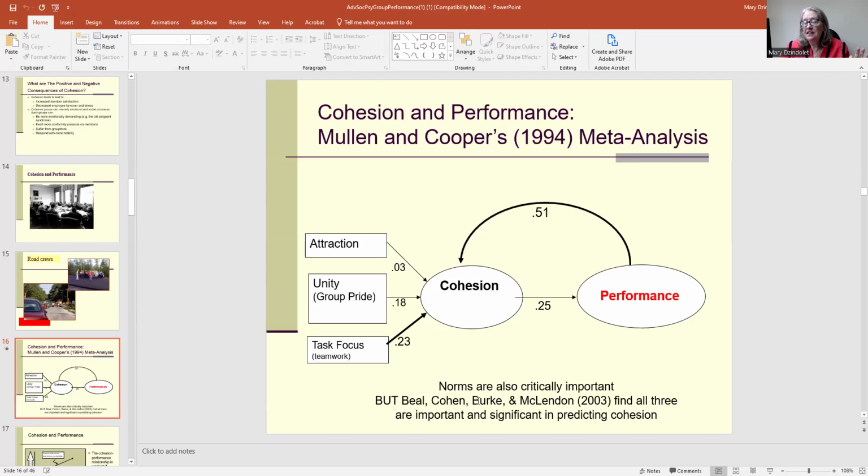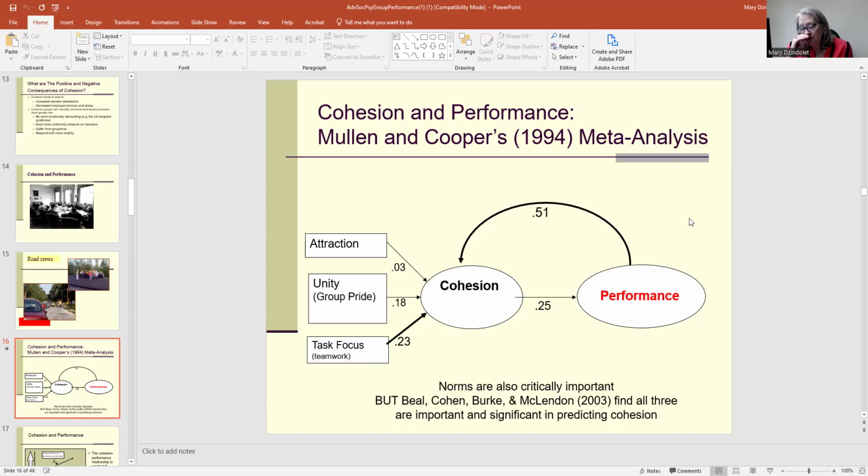There are other analyses, like Beal, Cohen, Burke, and McLennan, who found all three were significant and really important, and others since then. So attraction is the one that's the most iffy, but unity is super important, task focus or teamwork or task commitment, really important. But of all of these, the thing that increased cohesion the most was having the team perform well together. Okay. Another thing that's really important, though, are norms, because if you just look at this, you could